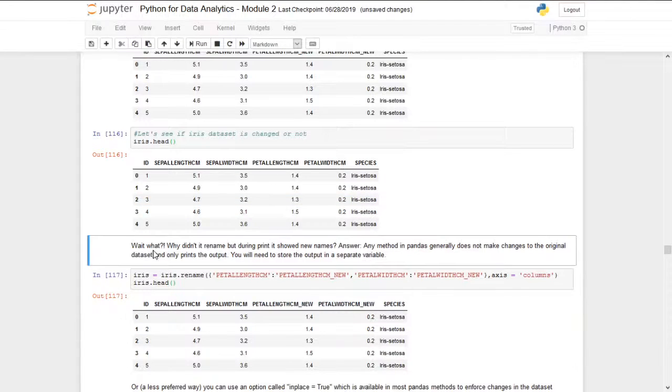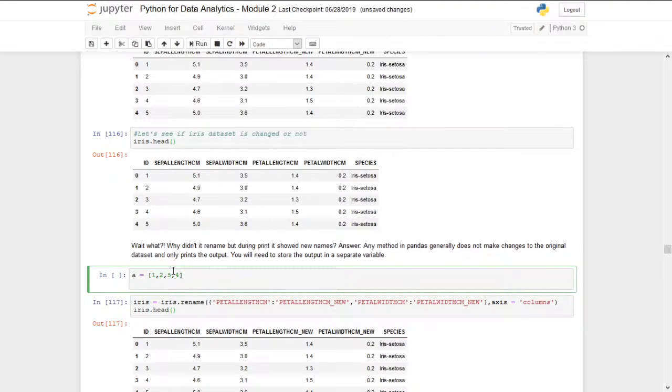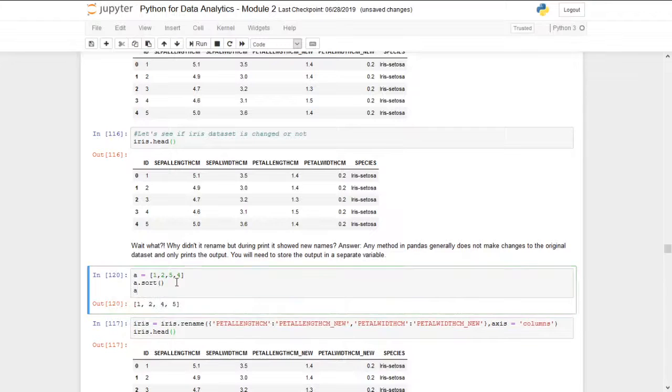If you remember this in lists also, right? So we had, let's say, a equals to 1, 2, 5, 4, right? If I write a dot sort, why didn't it sort? Oh, sorry. So it is not giving me any output, but it is still... I think this is a wrong example I'm taking. I think I'm forgetting the example. But anyway,